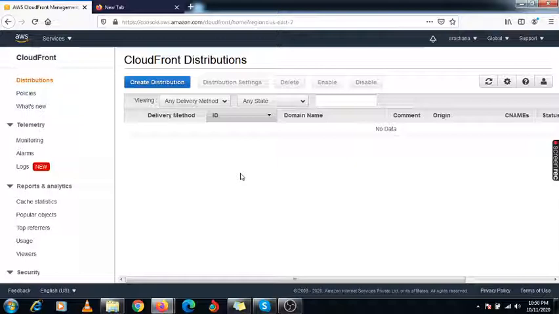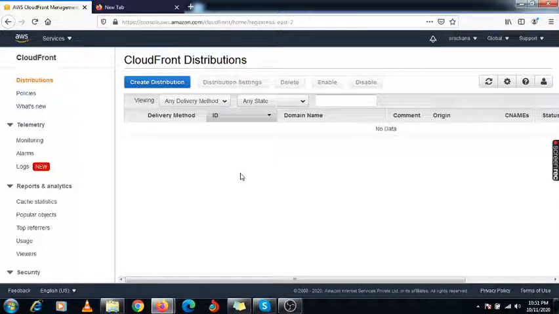So suppose you want to access google.com. At that time, there is an edge location provided. When you hit your request to the internet, there is an edge location available, and under that edge location there is some cache memory.